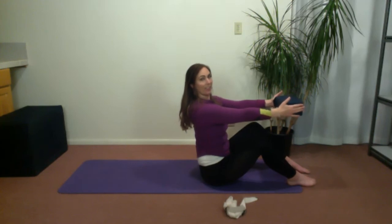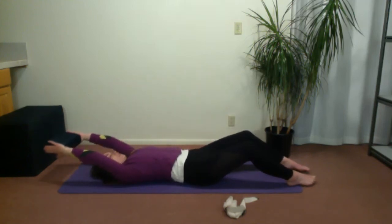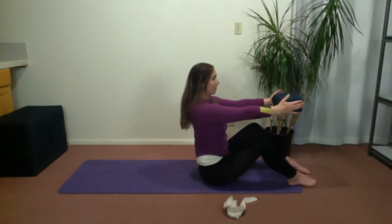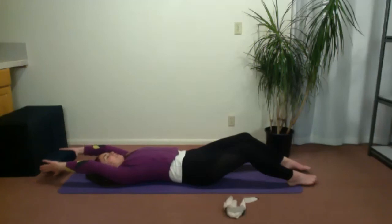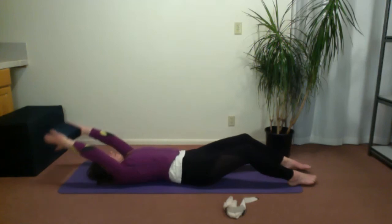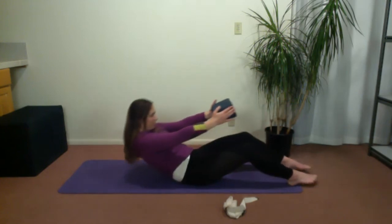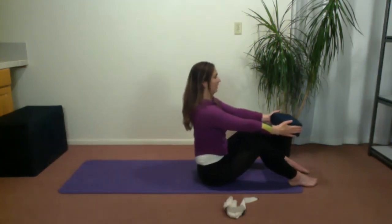You got it. Good. Tuck your tailbone. Roll. One vertebra at a time. Reach. Exhale. Come on up. All the way to neutral. Good. Feel your feet on the floor. Let that help you engage the backside of your body. Roll it down. Lift. All the way up. Two more. And then take it down